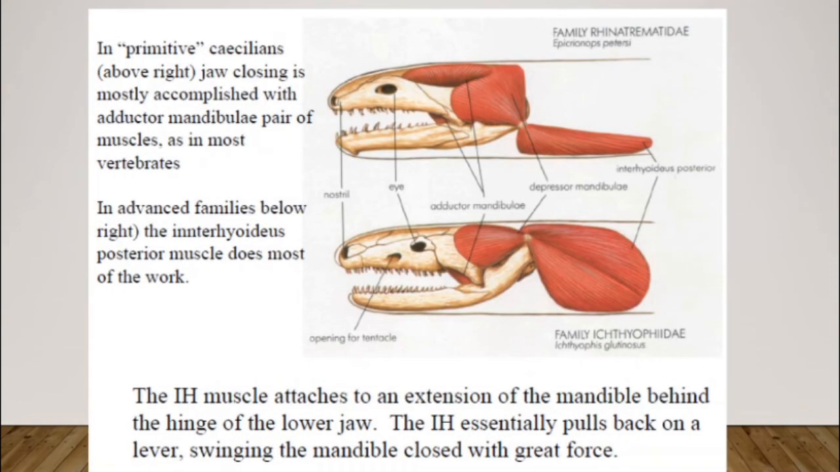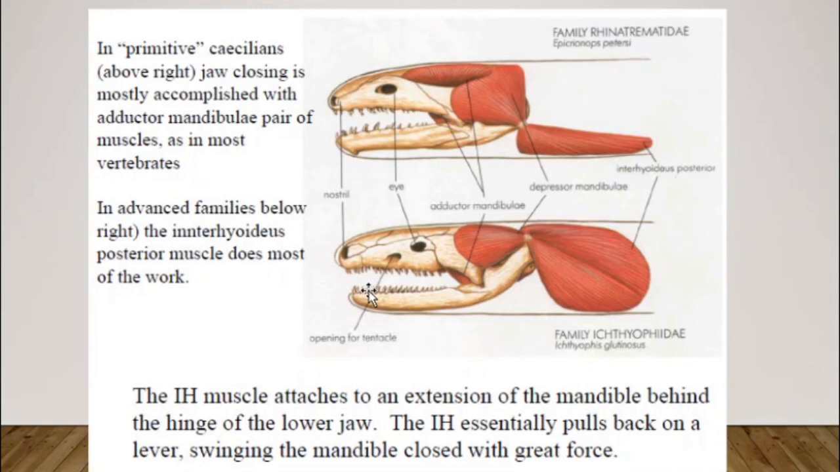So we have here the diagram. We have the primitive Caecilian. Here we have a small muscle, the interhyoideus posterior. Based on the name, it was attached to the hyoid and interhyoid bone. And we have also here the advanced family of Caecilian,